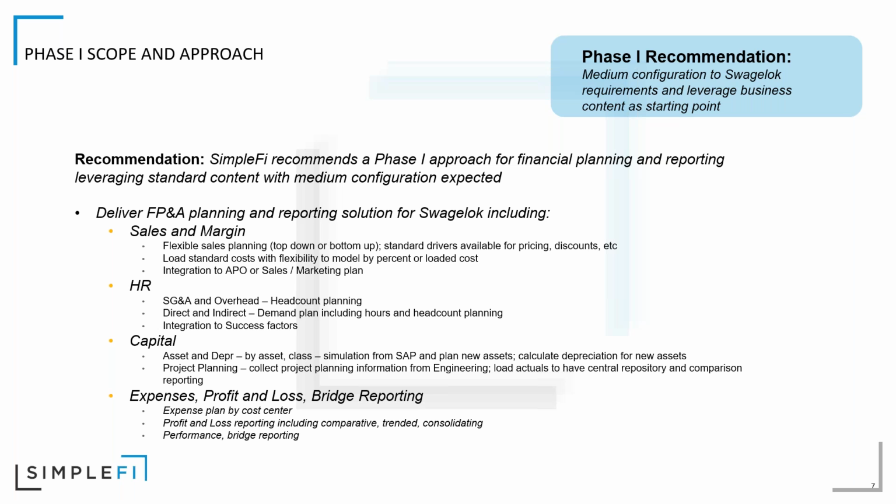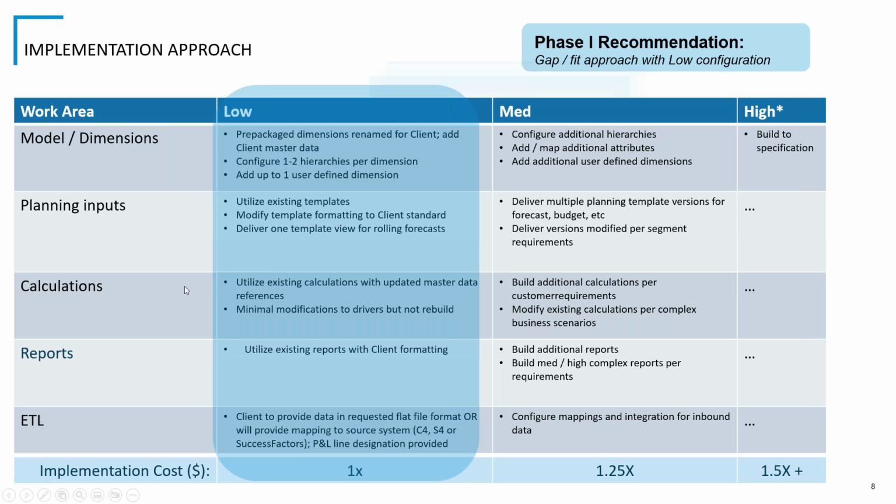So as we approach each project, we look at the different planning areas. Our phase one recommendations, depending on the scope and our requirements meetings, could be anywhere from a low to medium to high configuration. Low configuration would be basically taking our content out of the box as is, and being able to work with that with minor customizations. Then you move up the scale from medium to high configuration, where high configuration is pretty much a